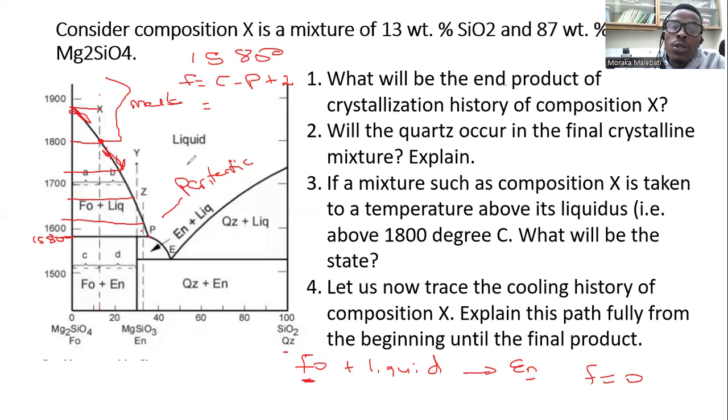How many components do we have? We have got phosphorite and enstatite, so 2. How many phases? We have got 3 plus these 2. Then 2 minus 2 plus 2 minus 3 plus 2, it will be